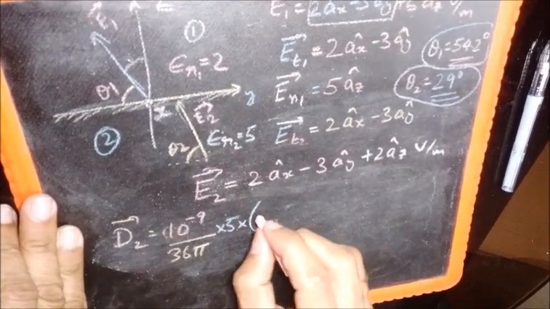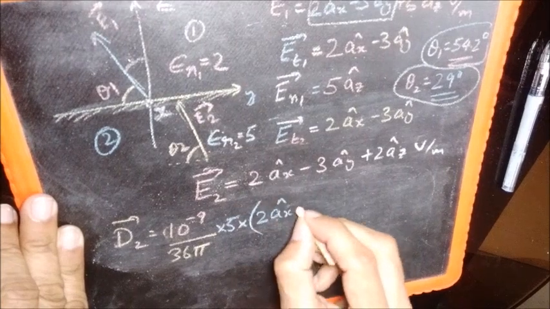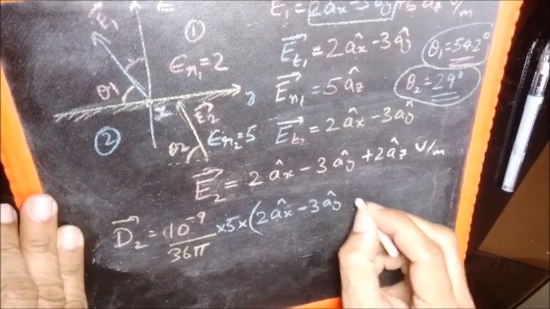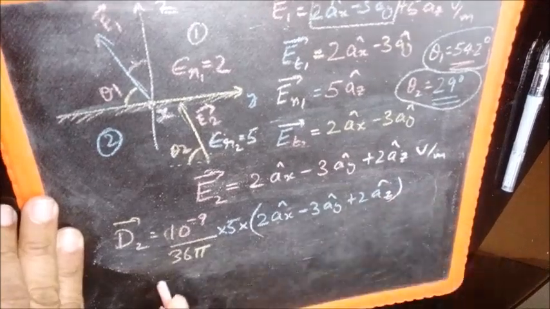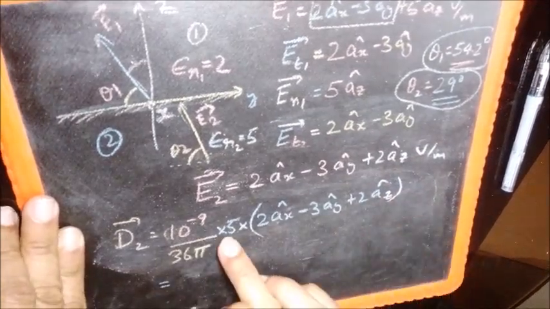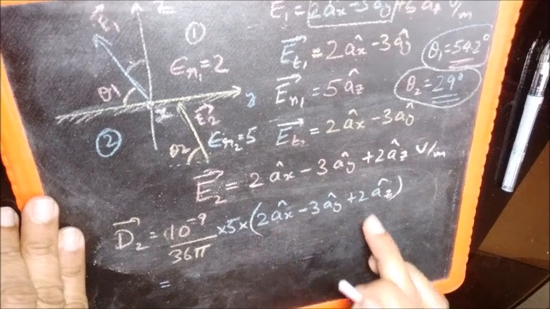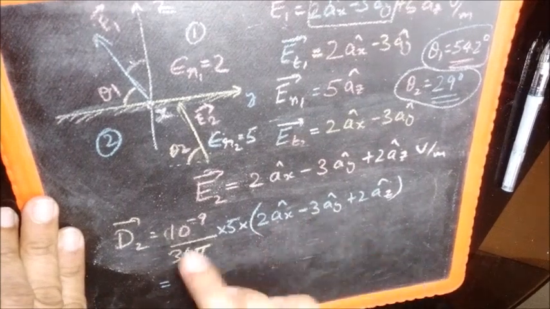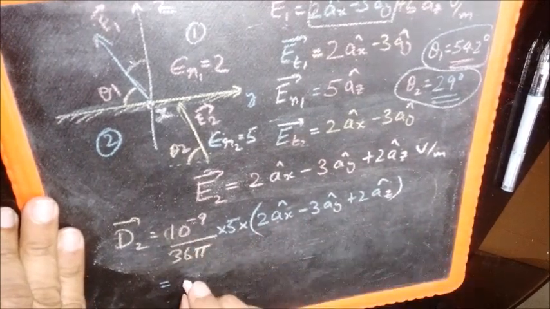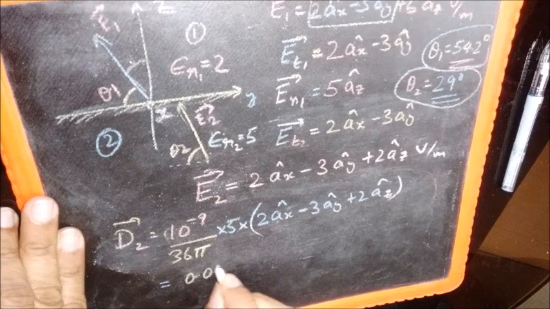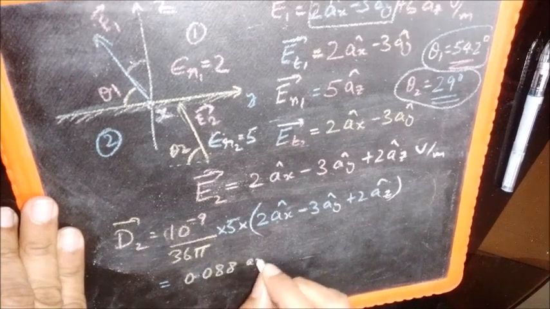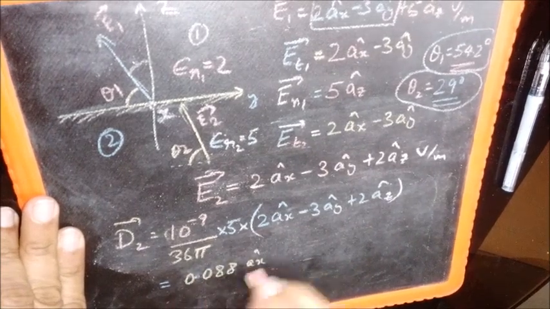E2 is 2 ax cap minus 3 ay cap plus 2 az cap. If you evaluate this, 10, minus 15, 10, then divide by 36 pi and multiply by 10 power minus 9, I will not waste time calculating this, the answer is 0.088 ax cap,